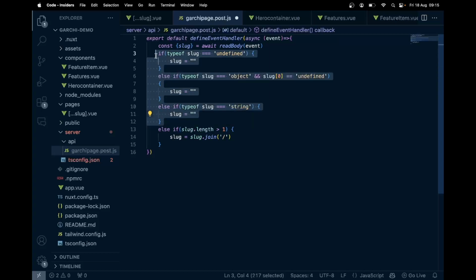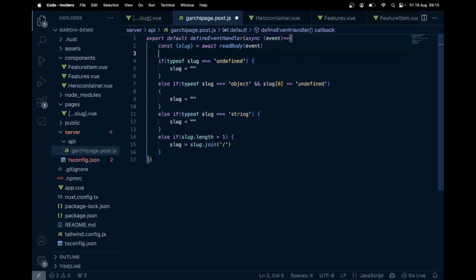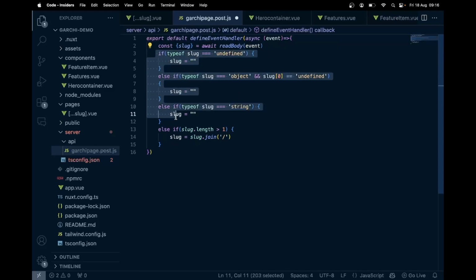What I want is, these things generally happen when we get a slug as an array and it has something like this, undefined, and some route like this, or maybe generally it's page. Now the problem because of this is, as this is undefined, if we just go with this, it's going to fail. So what we need to do is keep this edge case that if anywhere we see undefined or of type string, because generally if it's a root level route, it will be of type string,